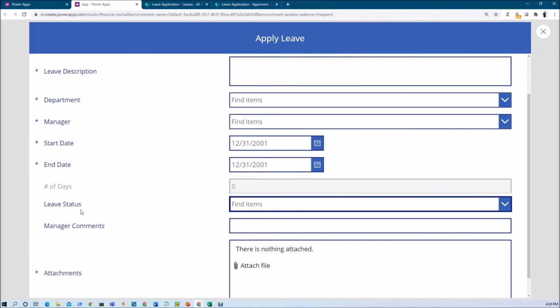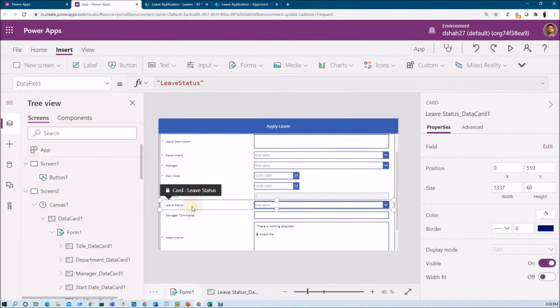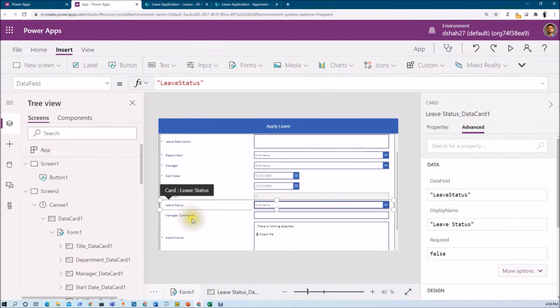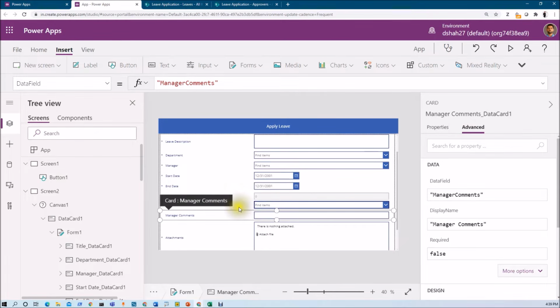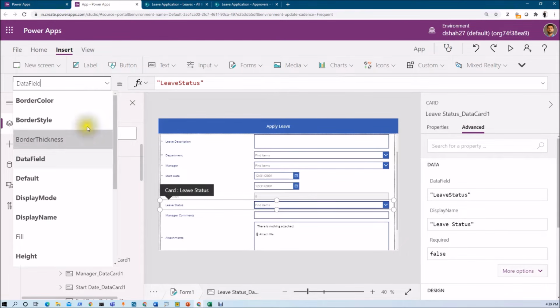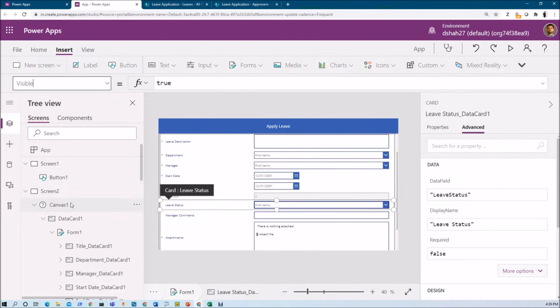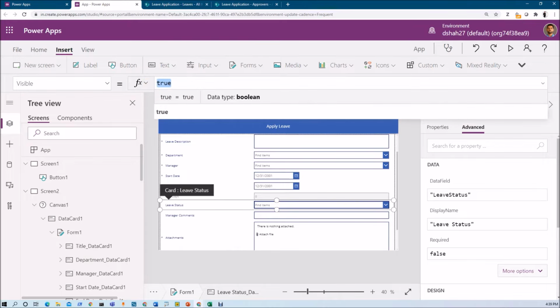Now how can we determine whether my form is a new form or an edit form, right? For that we need to write one visible condition for these two fields. We will get the form mode easily over here. So let's add one condition here. Go here and unlock the card first. Same way here as well, unlock the card. Now let's say I want to hide this field when the form is new. Go to the visible property, and now from here